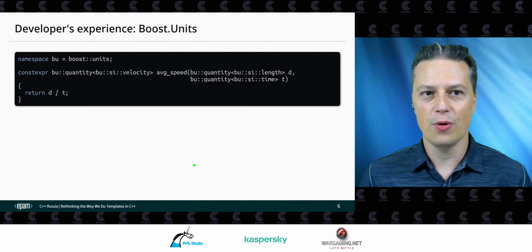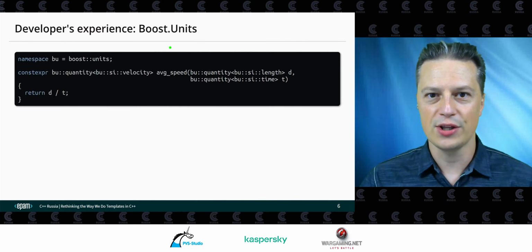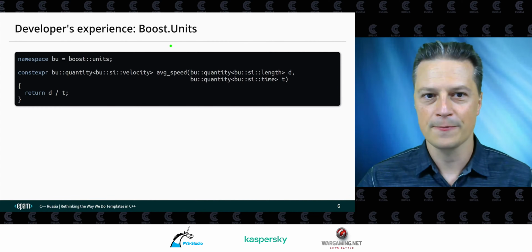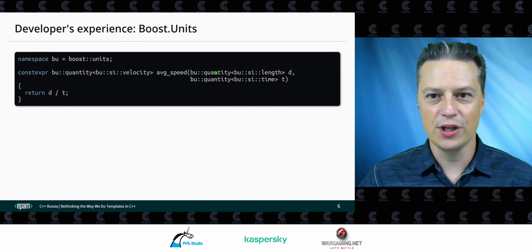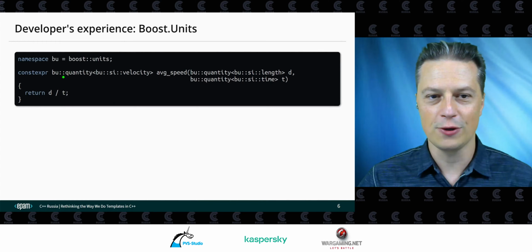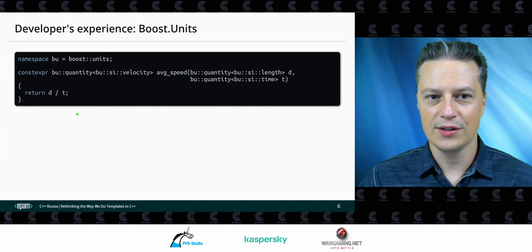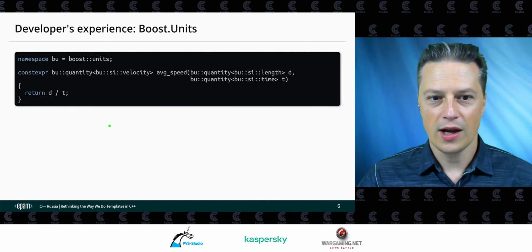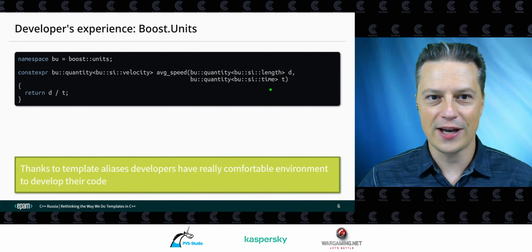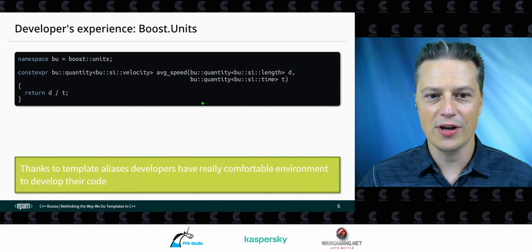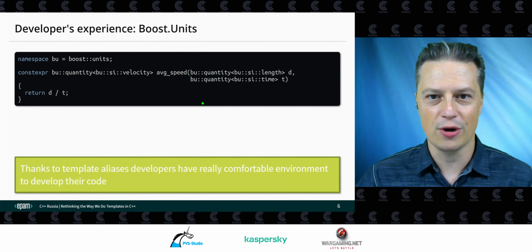So let's see how we can do this with the products that are on the market right now, with the most important one and the most popular one, which is Boost Units. With Boost Units, you implement this in this way, that you have a quantity of length, quantity of time, and you get a quantity of velocity at the end. And we divide the distance by time. As you can see, thanks to template aliases, because all of those quantity stuff, length, time, and all of the things actually in the library are template aliases, the developer has really nice user experience to type a code. It's easy to